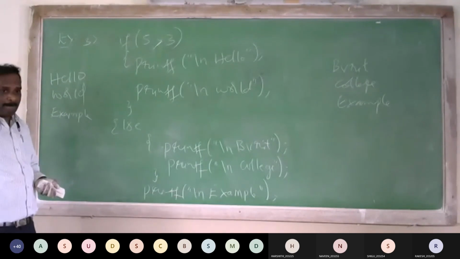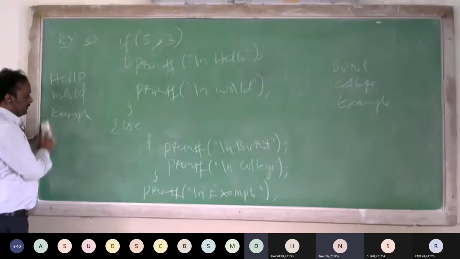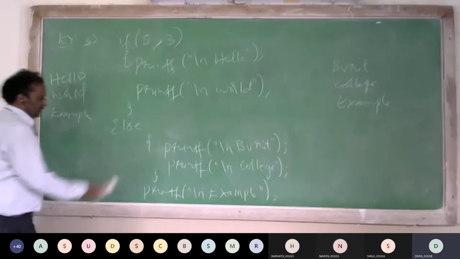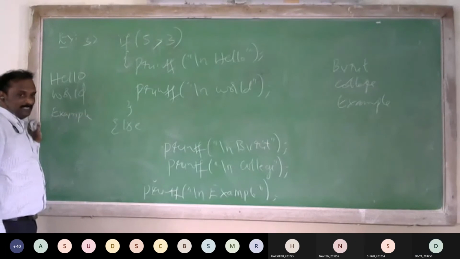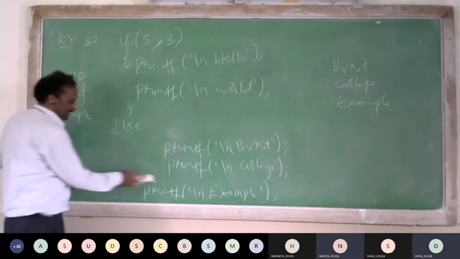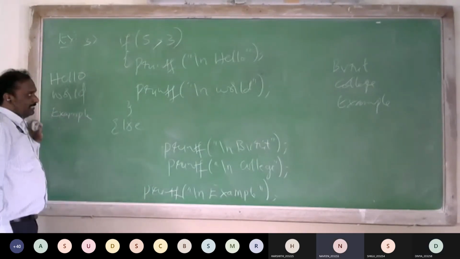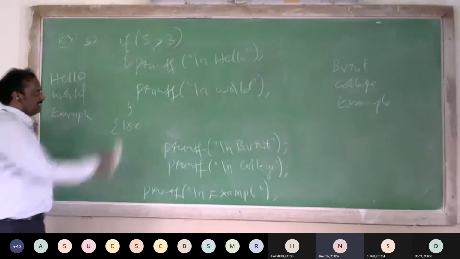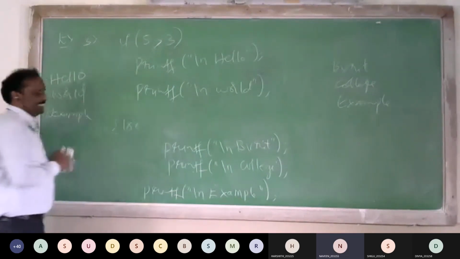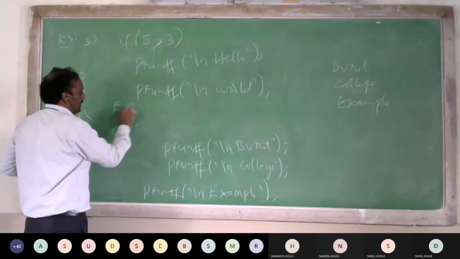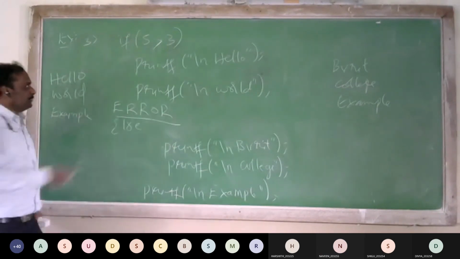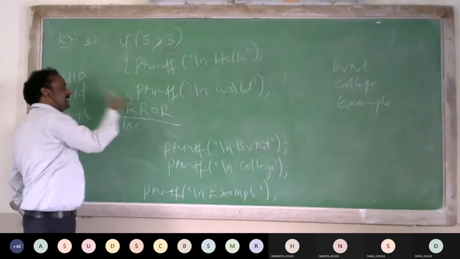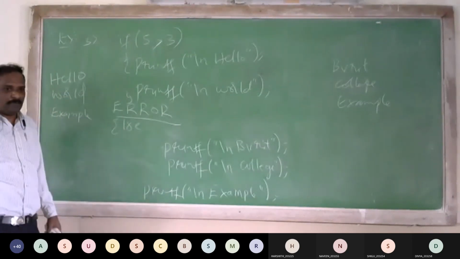Clear, everybody? Sir, if two statements are given but we do not have any block, then what would happen? You should not write like this. It will give an error. If more than one statement is there, then it is compulsory that you use the flower braces.